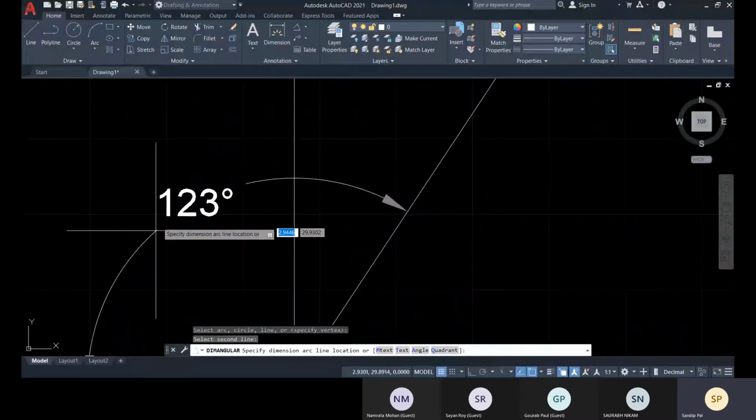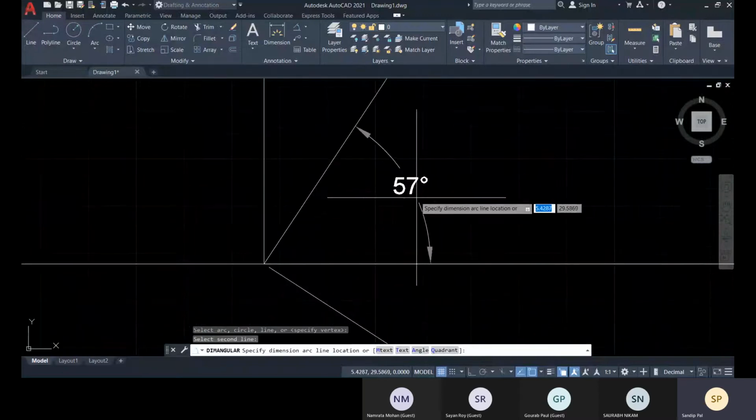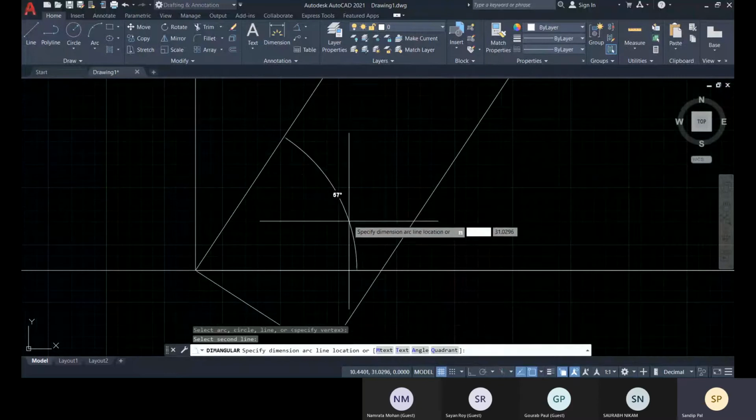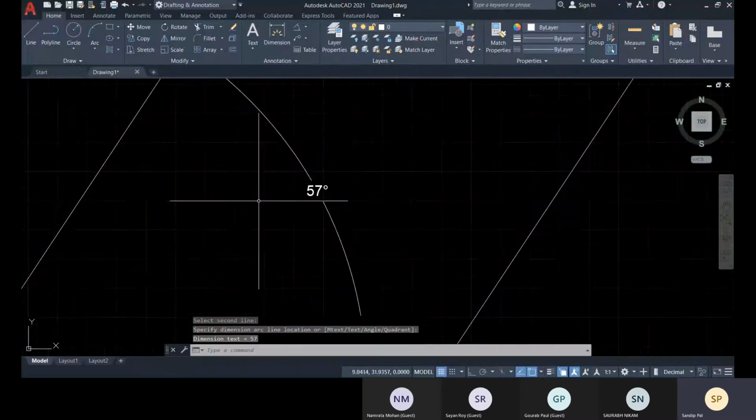So you can get the outer angle as well and the inner angle as well, and you have to place and click. Okay,